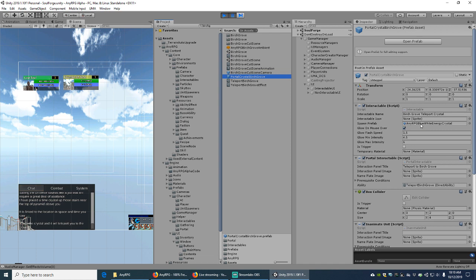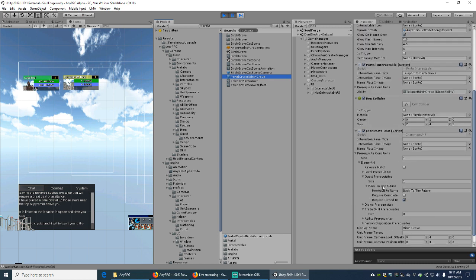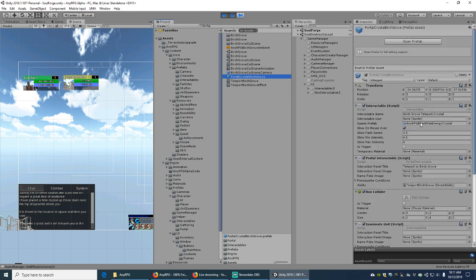and that spawn prefab, unlike the Fountain of Time, where that mesh render he has was just stuck on top of his unit here and available from the time that the game started, this particular interactable wasn't like that. What happened is we've got this Unity prefab here, and that Unity prefab spawned based on one of his units having prerequisite conditions here. So this inanimate unit object here, which is like a type of interactable, had a prerequisite that we had turned in the Back to the Future quest, and then that caused this spawn prefab to be able to show up